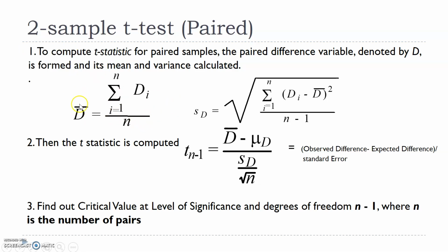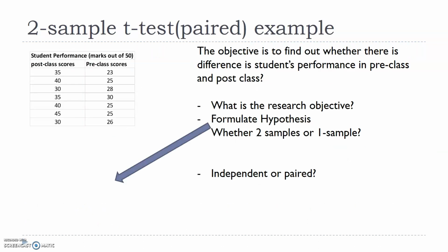So basically, we'll calculate the average of those differences and the standard deviation of the differences. Again, the test statistic formula still remains the same: my observed difference minus expected difference, divided by standard error. Again, we'll be using a t distribution. As you know, degrees of freedom in a t distribution will be n minus 1. Depending upon the alpha value you have taken, in most cases, like we discussed earlier, alpha will be 5% or 0.05. Okay, so let's go to the next slide.